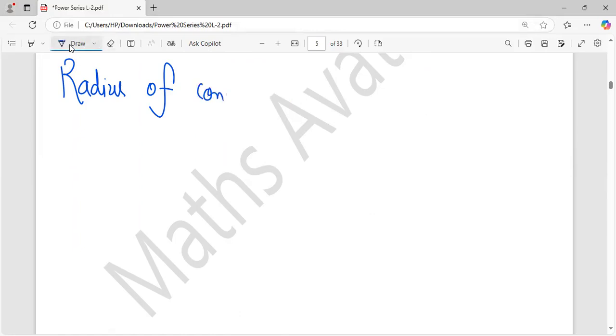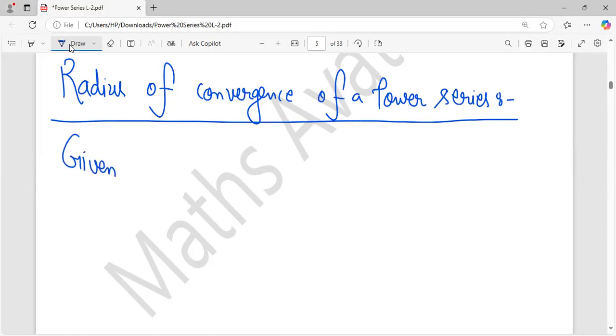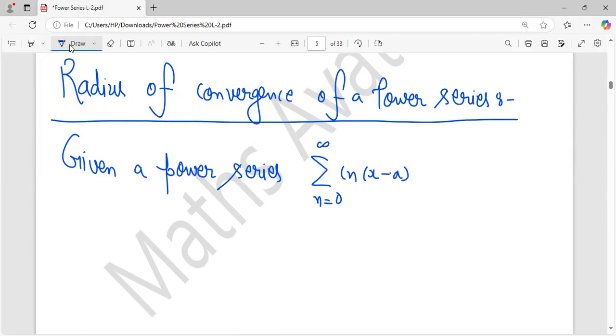Radius of convergence of a power series. Given a power series, there exists a unique